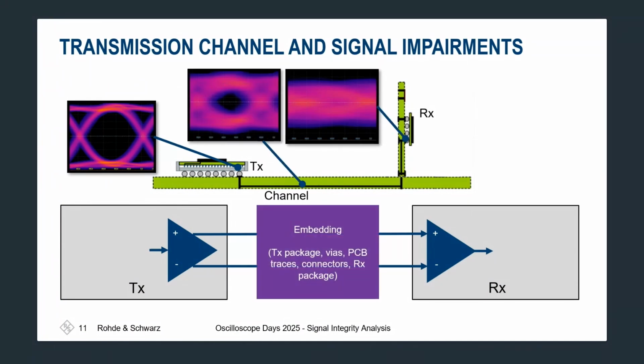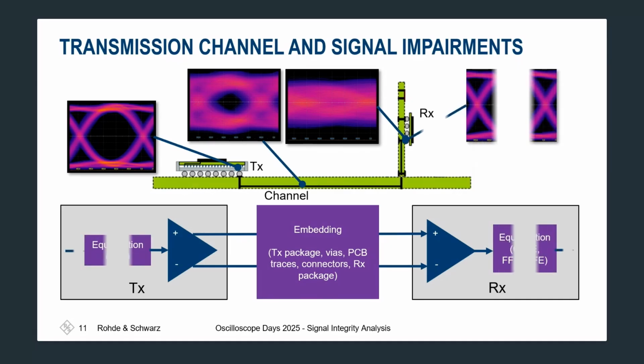You might have heard of de-embedding, where we try to remove artifacts from the front end of the scope. Embedding is that we're now trying to simulate. So here we can see maybe even a short and long channel versions of the eye diagram that we've now purposely caused attenuation, jitter to occur inside of it so that we can simulate what we could do in the